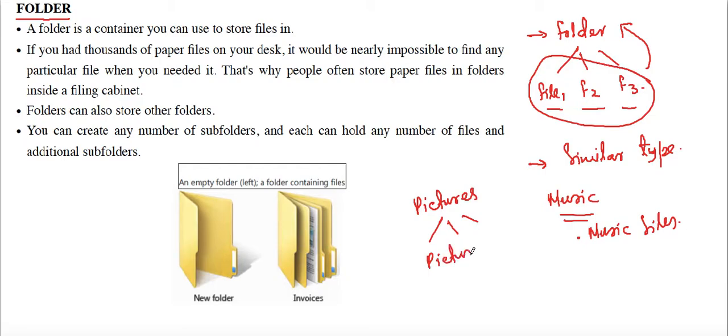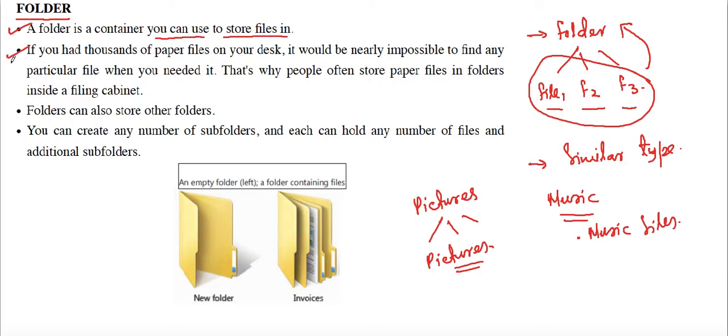Usually we store the same type of files inside a folder, so that those files are stored in an organized way and it is easy to search for them in future. A folder is basically a container that you can use to store files in.